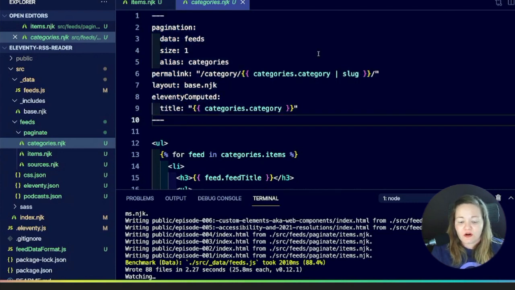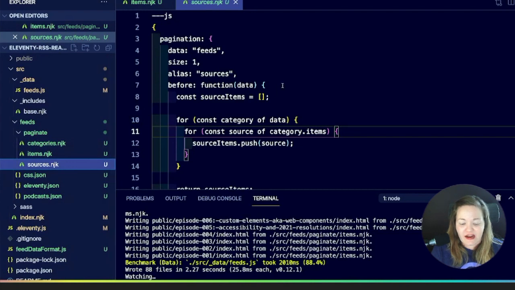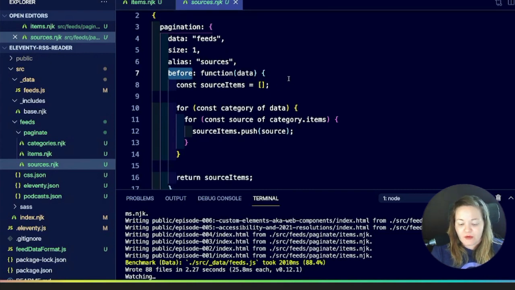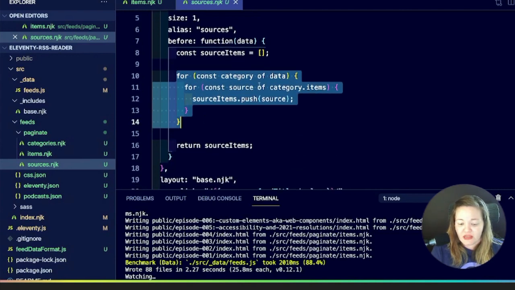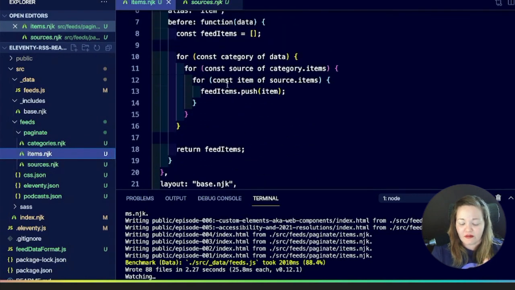You can think of if you were fetching from a single API endpoint, this would be a similar way to handle that data if you weren't worried about any multi-dimensional functionality. Then we saw how with sources and our items, we changed our pagination format a little bit so that we could include this before function, the purpose of which was to modify that original feed source, so that we could return just the level that we were looking for in this view type. So we had to go down 2 levels for our sources